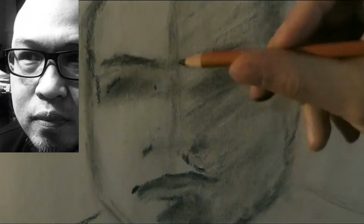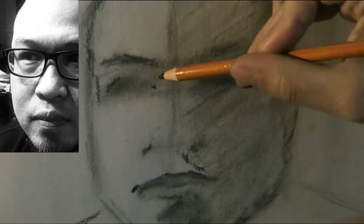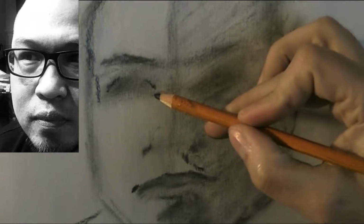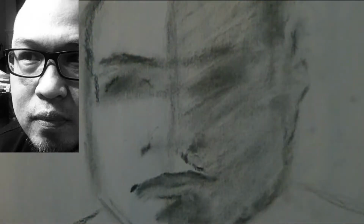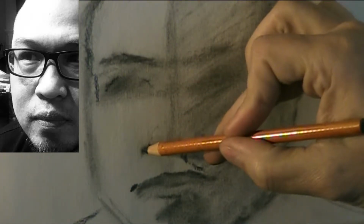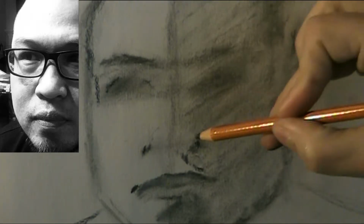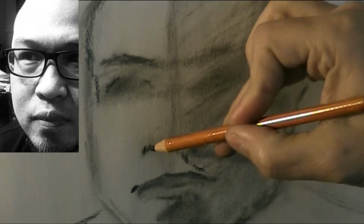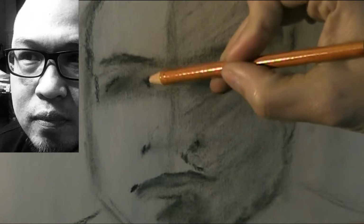Alright, so I'm just going to try and replicate the shape a little bit here. You know, try and get the width of an eye. That might even be too wide. I'm not sure. Again, it's all guessing. But if I think the nose is going to be about here, again, just guessing. But if I'm saying that's the nose, it looks like it goes not necessarily straight up, but it goes a little bit over. That is where the eye starts. So I'm just going to kind of